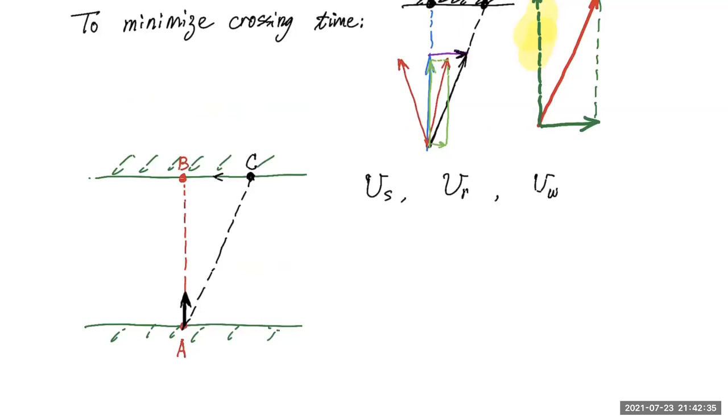The bad news is that you're going to arrive at point C, not point B. But is that a big deal? No, because you can run so fast. Between point C and point B, it takes almost no time to get there. So the strategy is still to head this way. You just have to minimize running time. And that is when VR, the running speed, is really large. VR is much greater than VS, okay? So that is one